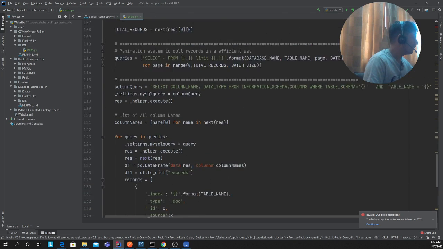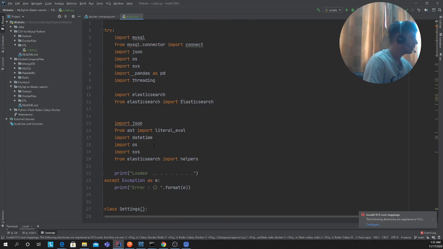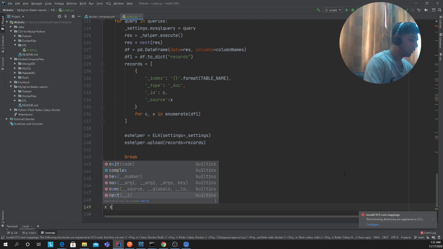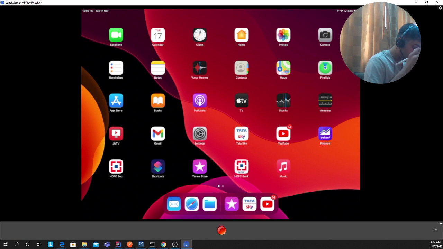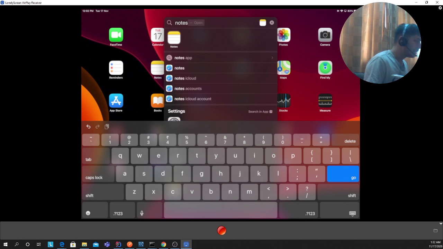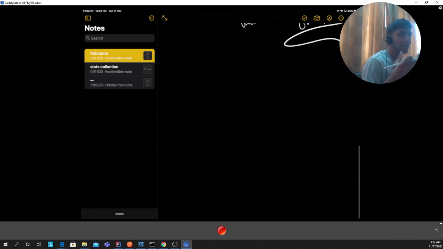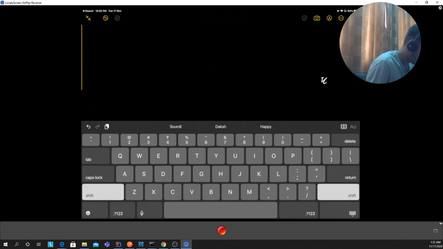So here you can see the entire 120 to 150 lines of code, efficiently written with classes, object oriented, and stuff like that. To walk you through how I came up with this script, I gotta explain my approach and what I was thinking. So I'm going to open my notes. Basically, this video is about uploading data to Elasticsearch from MySQL without Logstash, writing the code from scratch.